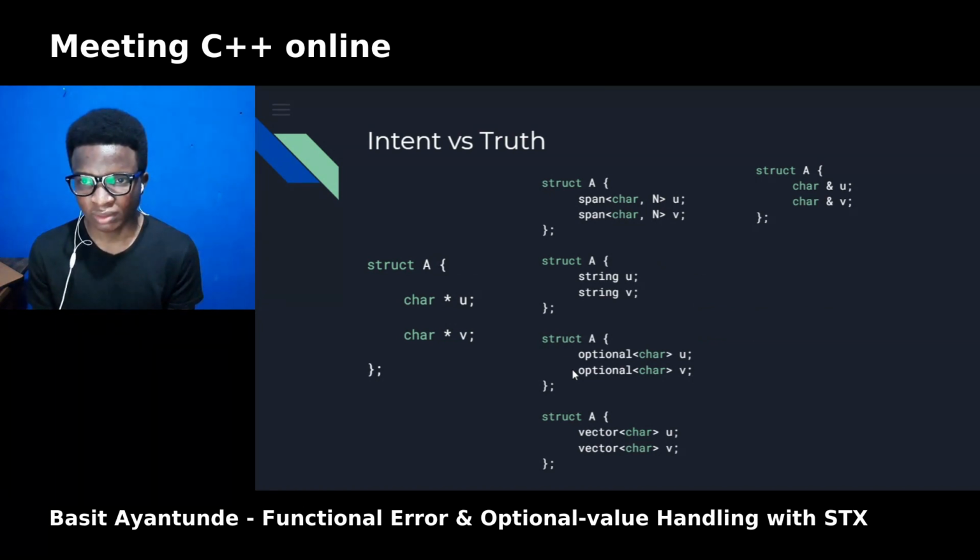Disregarding the naming, I want you to disregard the naming. The operation guarantees on this struct could be encapsulated by any of the following member value type alternatives. So they actually give more information about the truth and the intent of the code rather than what we say it does. This is actually what we intend to use it for. This is actually what it does.